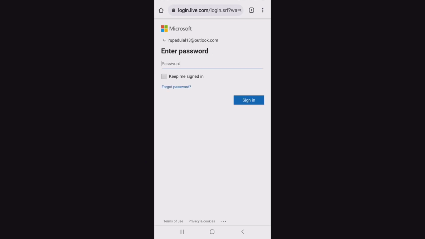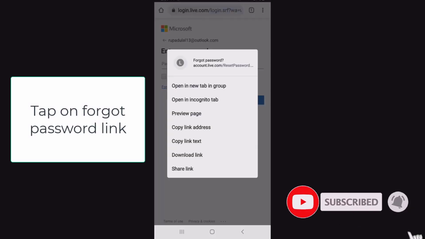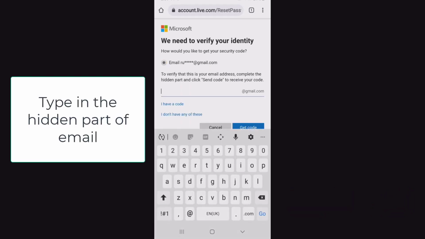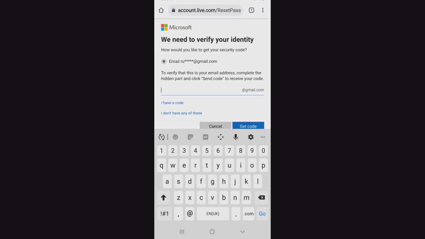In order to recover Outlook account without a phone number, when asked for a password, tap on Forgot Password link right below. In order to verify your identity, tap on the email option and type in the hidden part of the email that is mentioned above. Simply enter the recovery email address for your Outlook account, and once you do that, tap on Get Code at